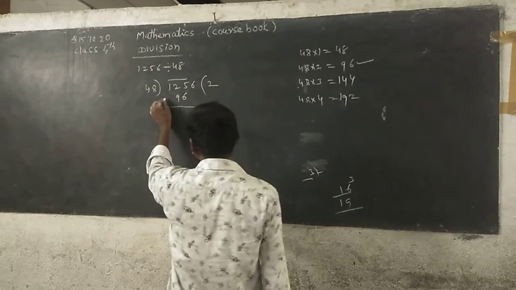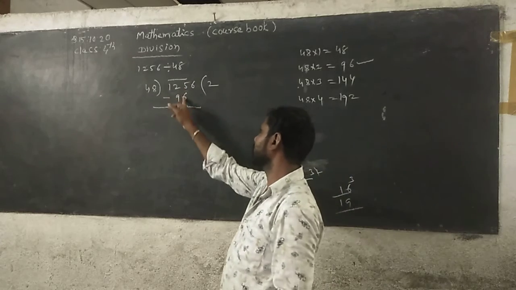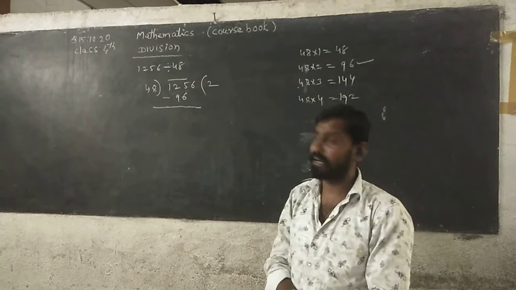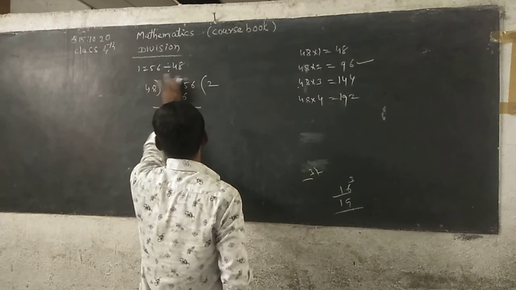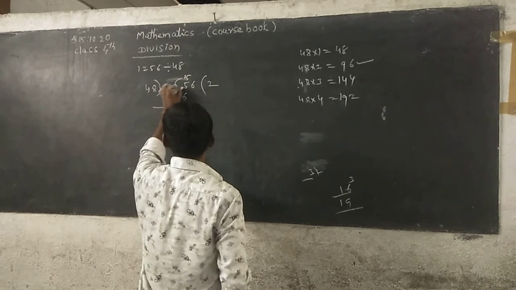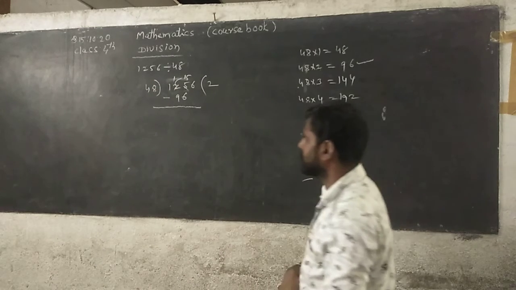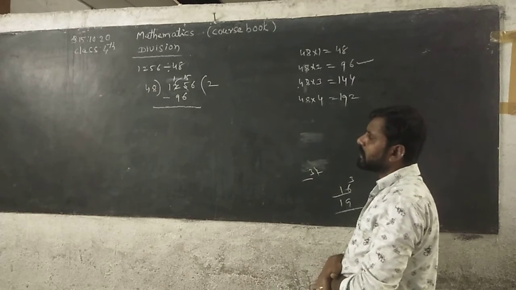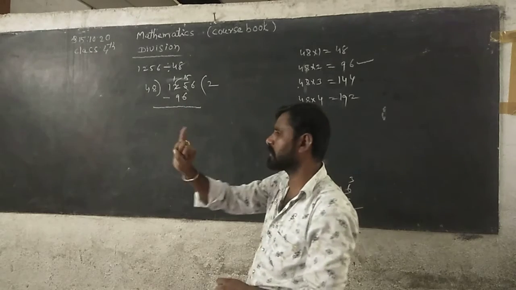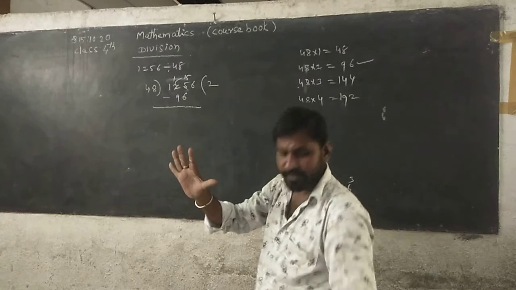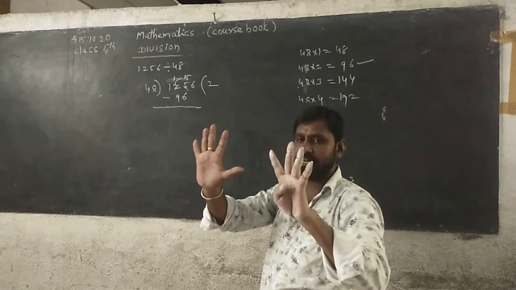Now 96 is subtracted from 125. First subtract the digits in the ones place. 5 minus 6, possible? Not possible. So take borrowing. Here 15. Cut it, 2 it can lose 1, it becomes 1. See, 15 minus 6, you can get 9. So you can count 6 after: 7, 8, 9, 10, 11, 12, 13, 14, 15. So 15 minus 6 you can get 9. Write down.